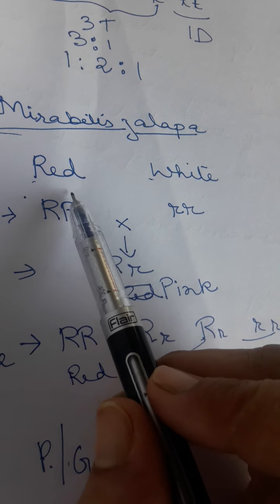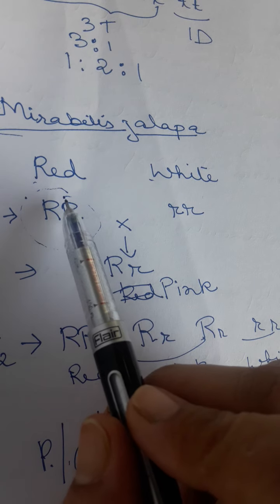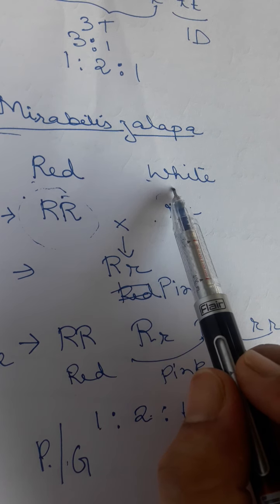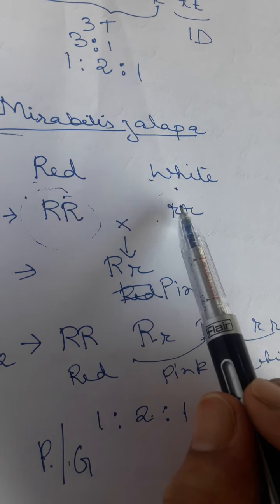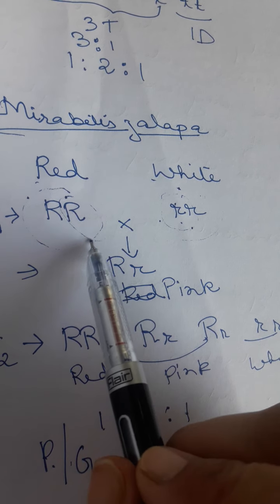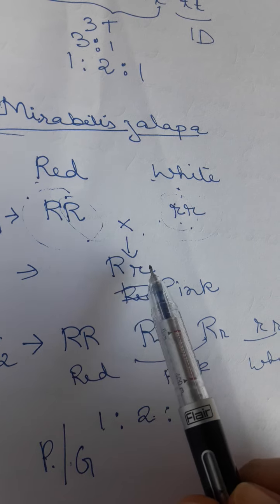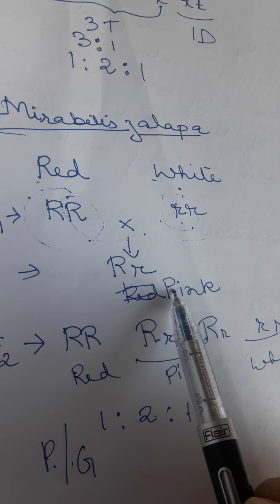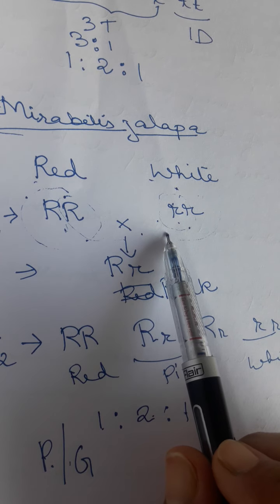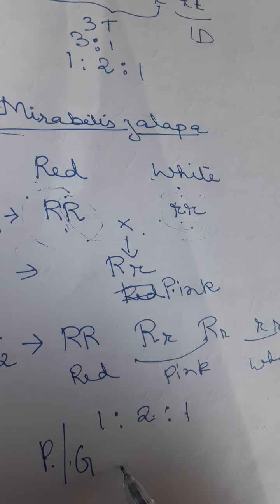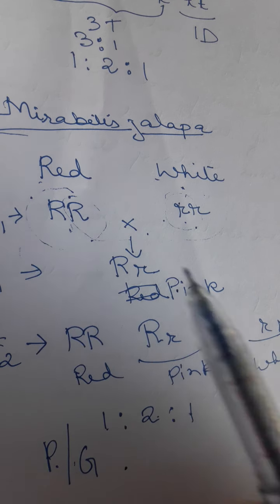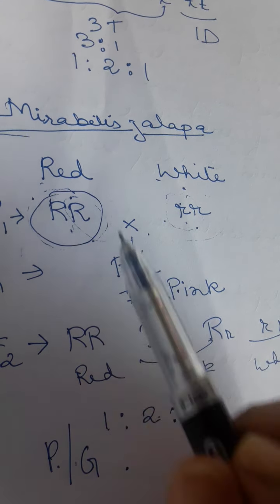That means what happened here is the R gene could not dominate the small r gene which was expressing the white color. In other words, we can also say that the small r gene was not completely suppressed by the capital R gene. That's why an intermediate form occurred in the progeny, in between that of the dominant and recessive parent. So this particular example and phenomenon indicates incomplete dominance. That means this is half dominated, isn't it?